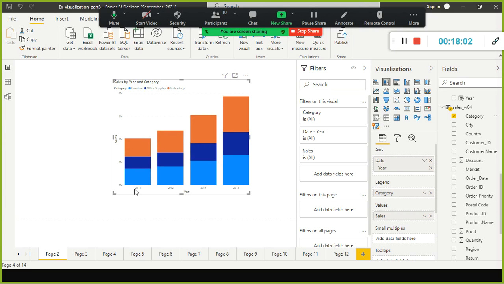All these three categories are stacked in a single bar. So this is for my furniture. On top of that, the office supplies got stacked. It's a rectangle, each rectangle for the corresponding category stacked on top of one another. This is my stacked chart.